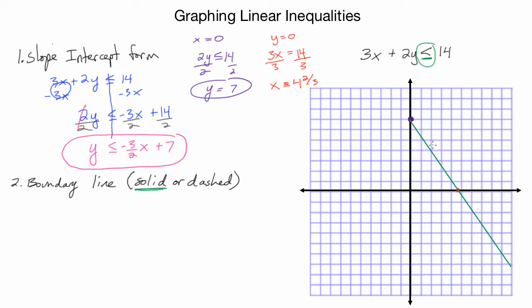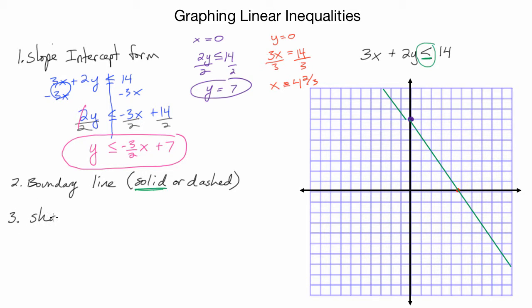Solid lines on this program are much easier to make than dashed lines. There's a rough solid line. There you go. Solid line because we have a less than or equal to inequality. So now I've got my boundary line. I've got it in slope-intercept form. Step 3,